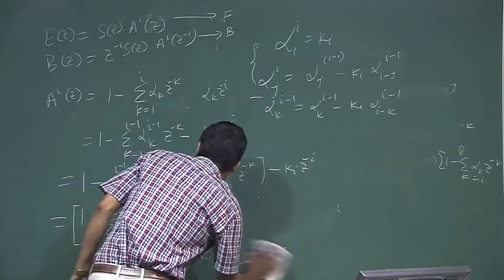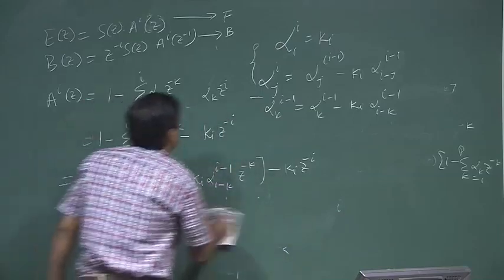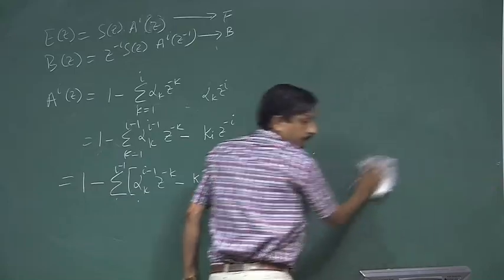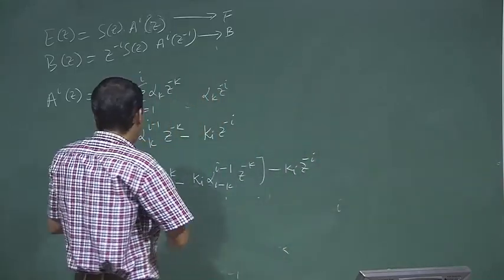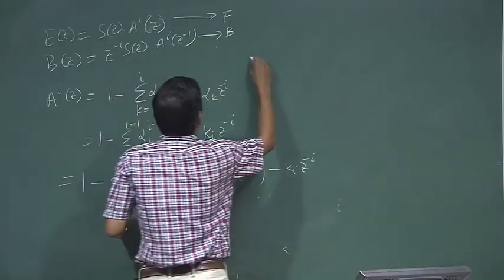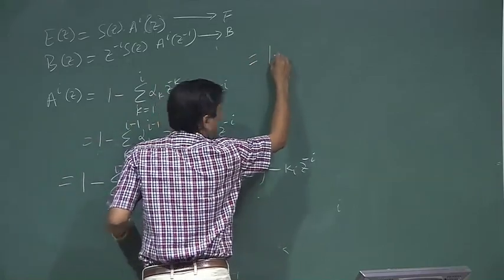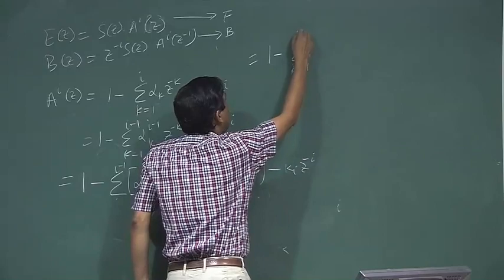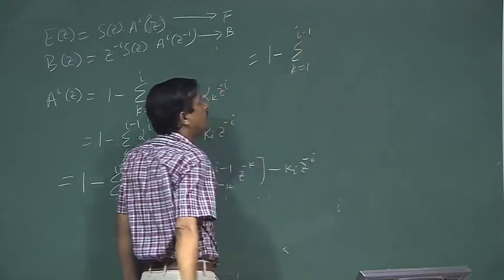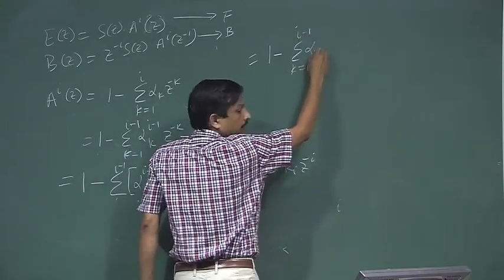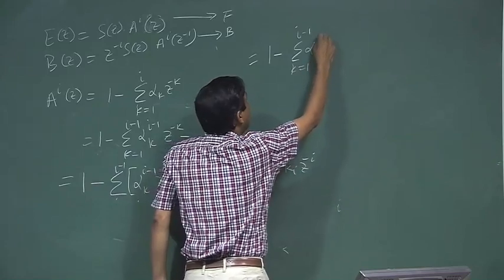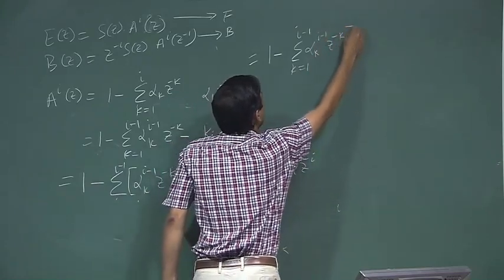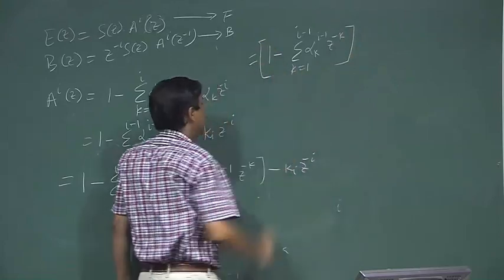I will do it here. So, I can write from here that it is equal to 1 minus the sum over k equal to 1 to i minus 1 of alpha k i minus 1 z to the power minus k. This is one equation, this part,